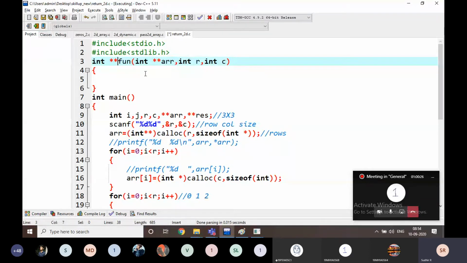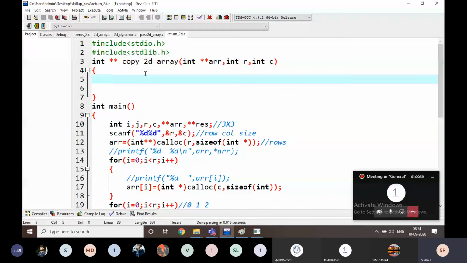But if for something I am writing like this, okay, copy underscore 2D underscore ARR. Yes, this is the function definition here. Now I am going to copy all the values.